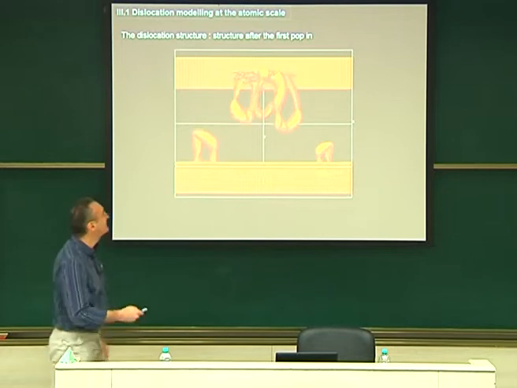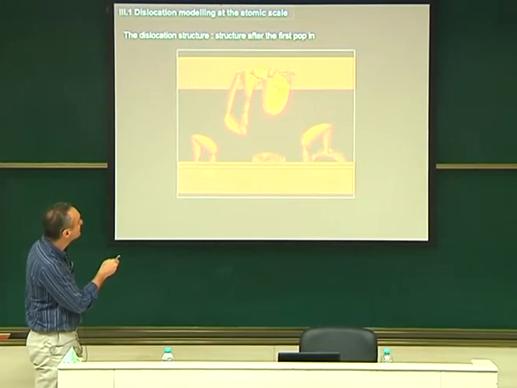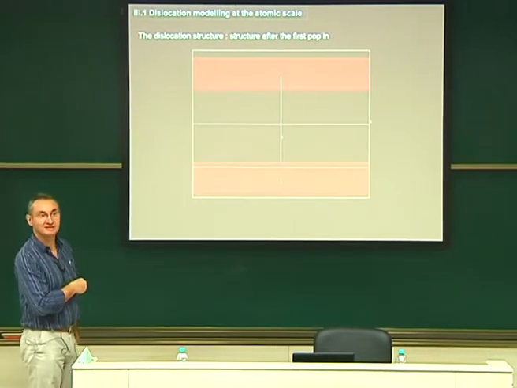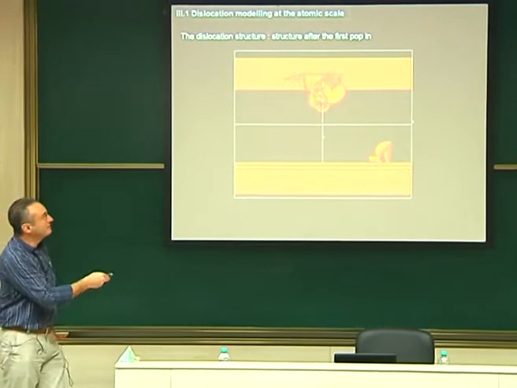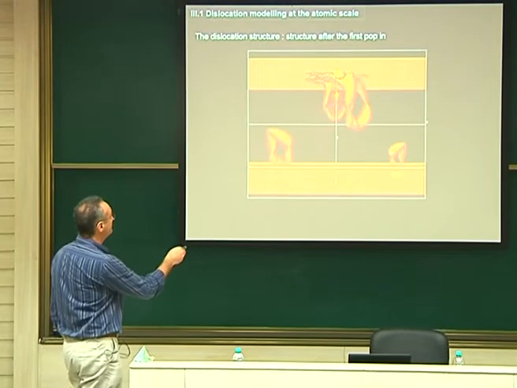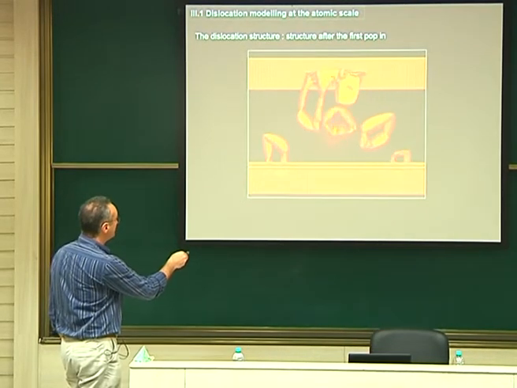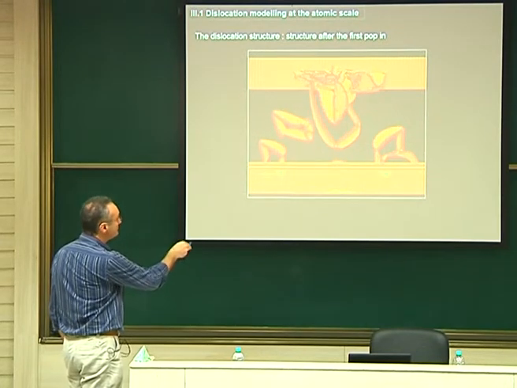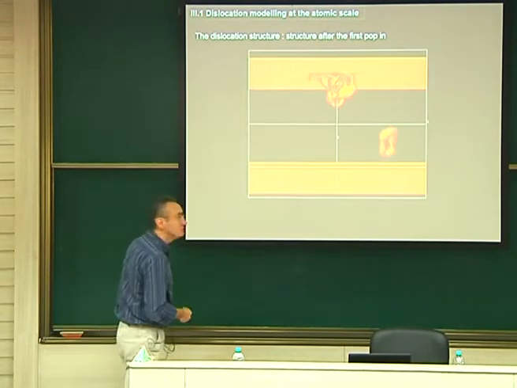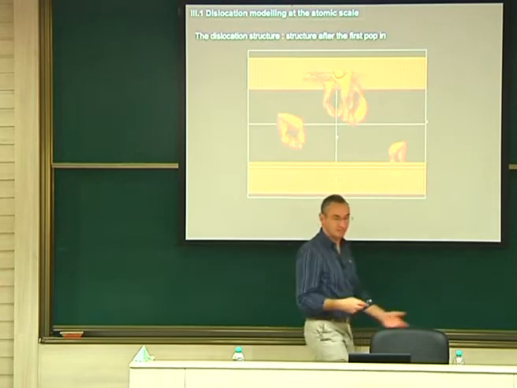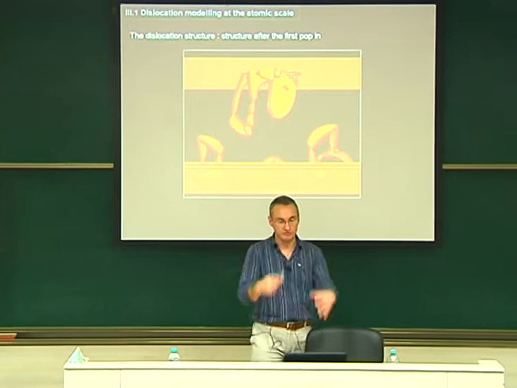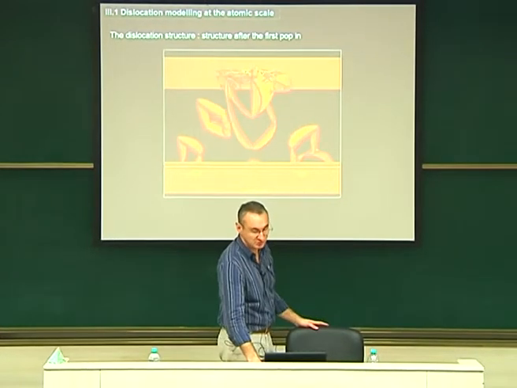This is funny. It's a nice mechanism. I will show it again here. Here you see it forming the tail partial and unzipping. You see? This, I like it. And at the end, anyway, you will have 1 loop, 2 loops, 3 loops up here, and then the same mechanism occurs: 1 loop, 2 loops, okay, and 3 loops. So you see that it's a continuous process. Okay, so this is my assumption, I would say. I think I learned enough to say that this is a continuous process of nucleation of prismatic loops out of the structure.